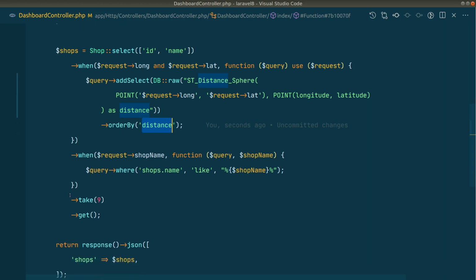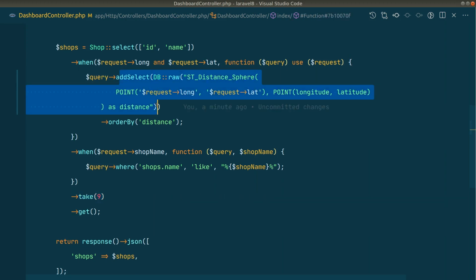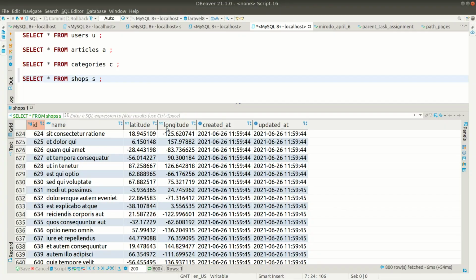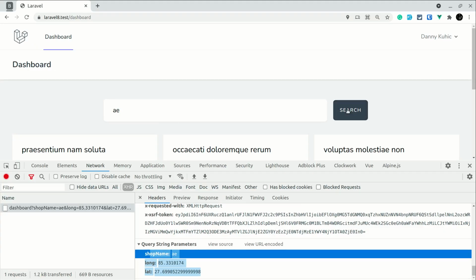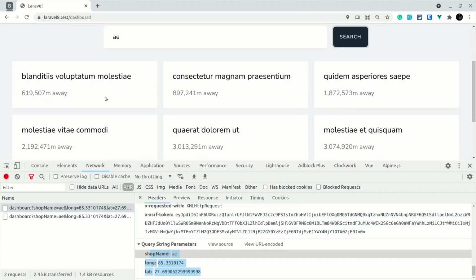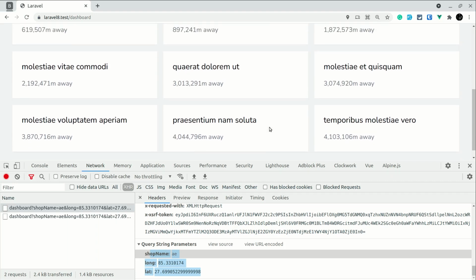Okay, and we are only taking 9 in this case, or you can do just pagination or anything that you want, but in this simple example we are just taking the first 9 SOPs. Okay, but in actual case you will just do paginate. So we have calculated the distance and ordered by the distance in ascending order, and then we have returned over here. Yeah, now if I come here and search, now you can see here, guys, that the nearest SOP is this one, and then the second nearest SOP is this.